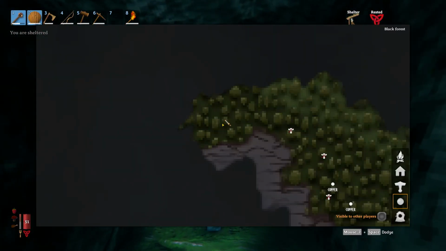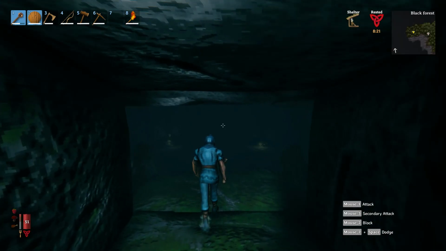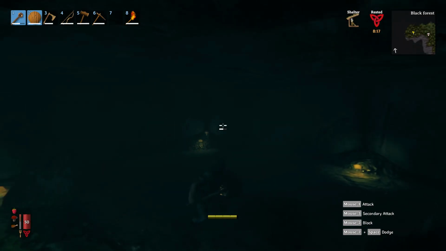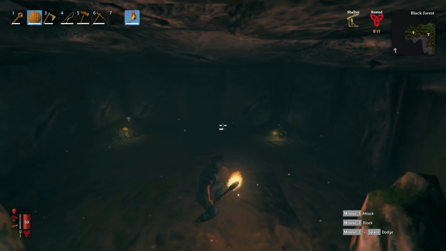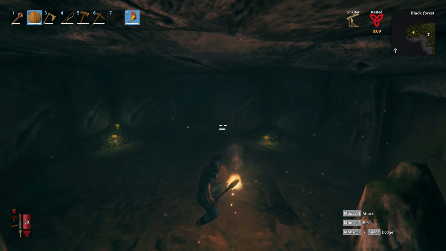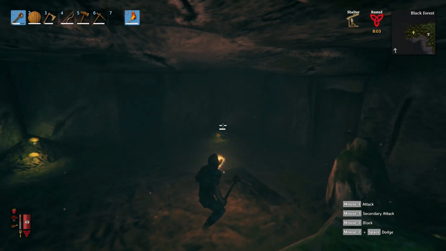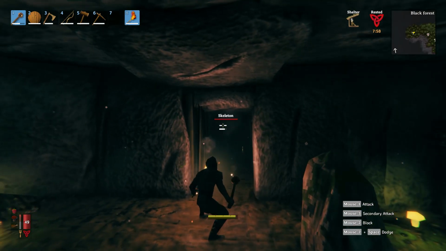I'm just going to take a second before we proceed to mark where we are on the map here, in case we need to come back. Well, it's going to be torch or shield. I'll put the shield away, and we'll do mace in one hand, shield in the other. I can do these without any...